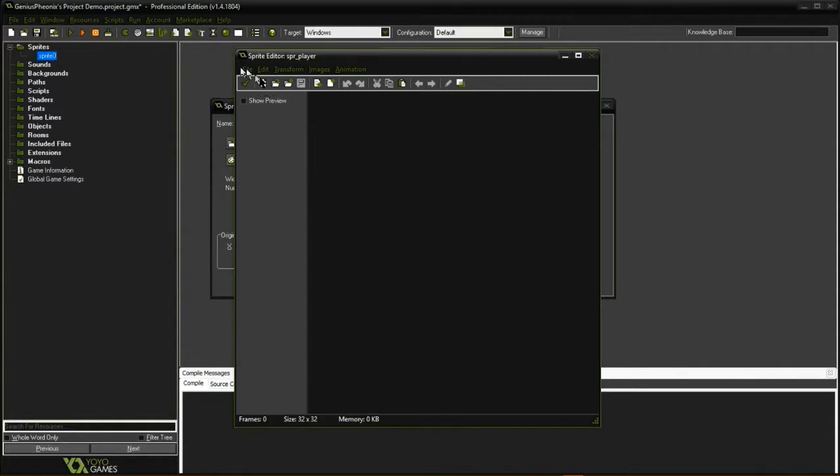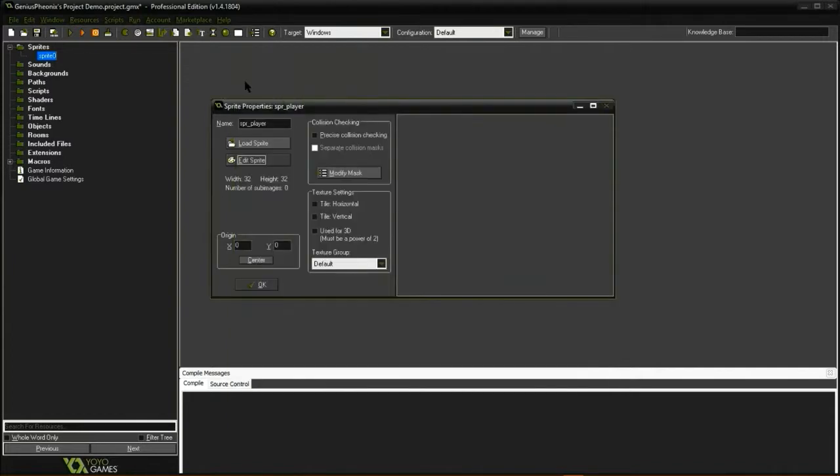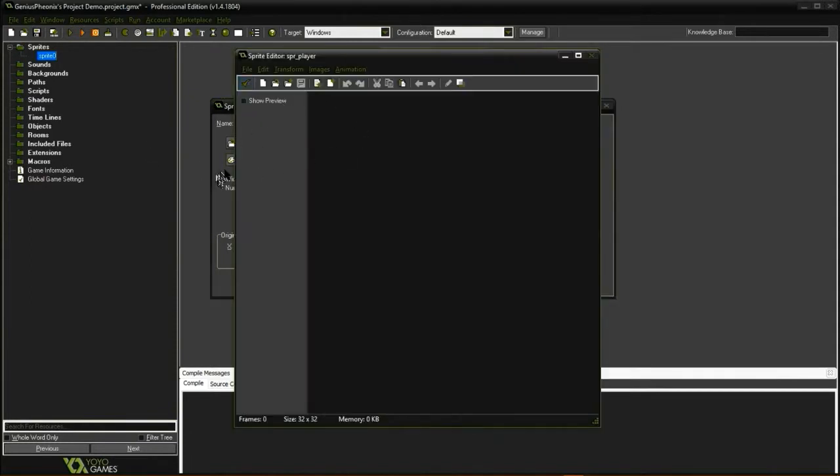In this window you've got File, Edit, Transform, Images, Animation. I'm not going to be showing you animation because there's no point really, but I will show you the other four. You've also got OK, Save Changes, so that just takes you back to that window, saves everything you've done. And then you've got New, so that deletes everything that you've already done and creates a new one. Load destroys everything, sorry. Add, that will add on from what you've already done, and save, that will save it in